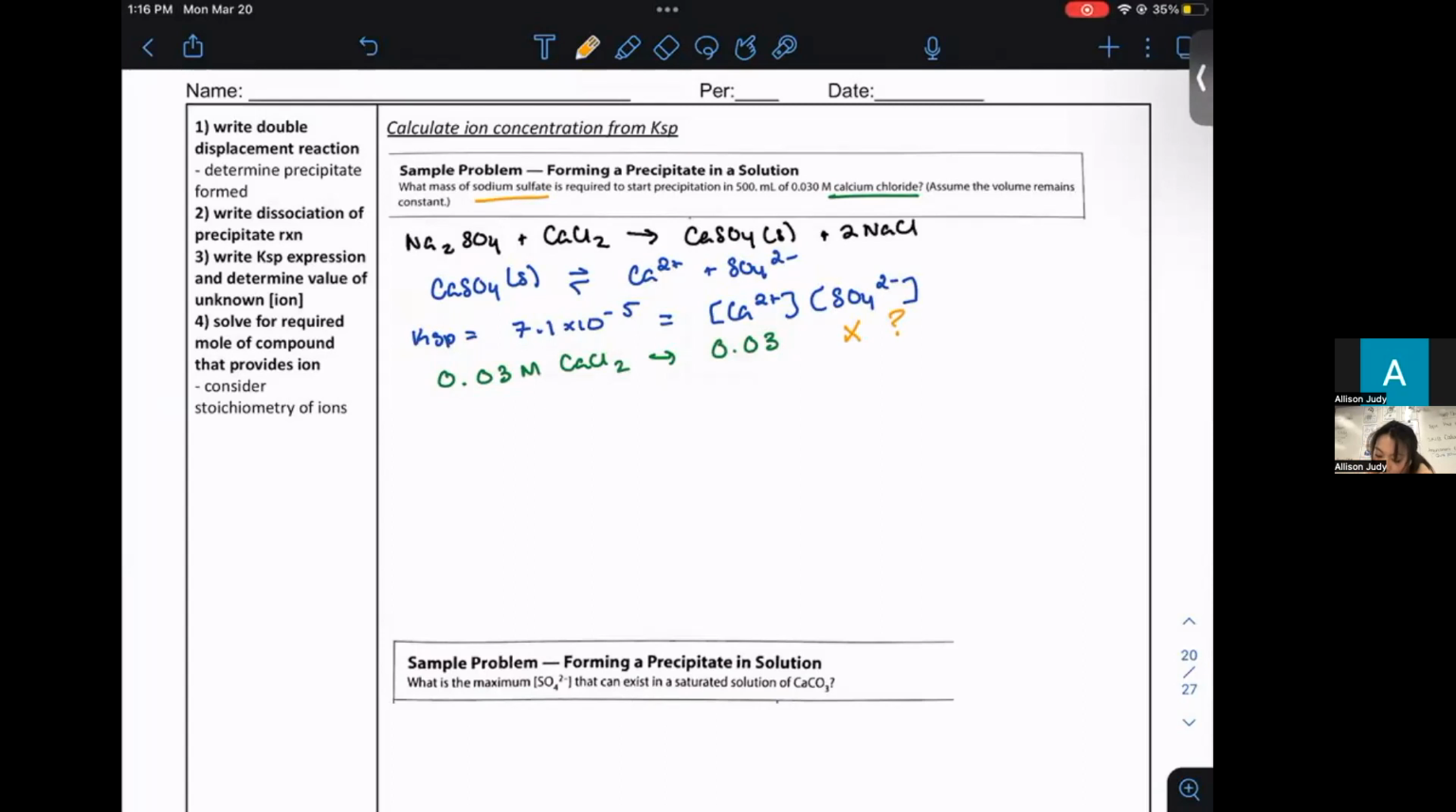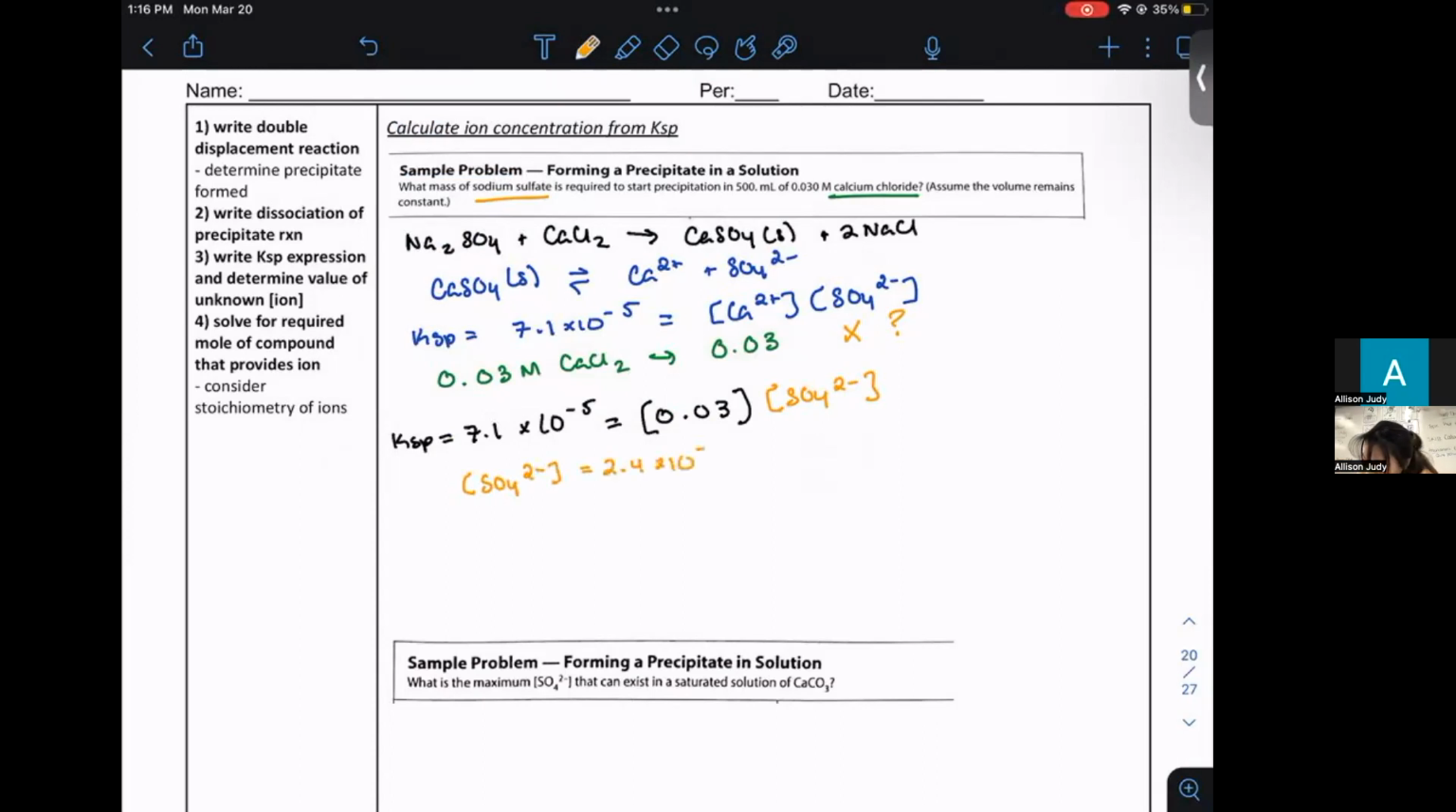Okay. So we do know that we can solve for the concentration of sulfate now that we have one of the concentrations of our KSP expression. So we say to ourselves, well, if KSP is 7.1 times 10 to the negative 5th, and it's equal to 0.03, the concentration of calcium. Here, we didn't have to deal with dilution because they told us volume stayed constant, times whatever our X value is, which is our unknown SO4 2 minus. Okay, so we solve for SO4 2 minus, and we say that the concentration of SO4 2 minus is equal to